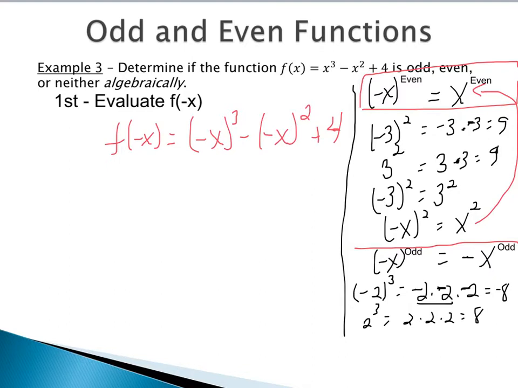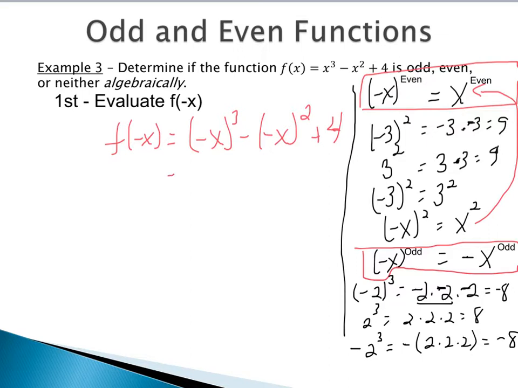But what our answer does equal is negative 2 to the third with the negative on the outside. That means you would do negative 2 times 2 times 2, which would give you a negative 8. So, again, we can generalize this by saying negative 2 in parentheses to the third is the same thing as taking the negative out. So negative x to the odd exponent is equal to negative on the outside x to the odd exponent. So this is an important concept that's going to come back, so you want to make sure that you do understand it.